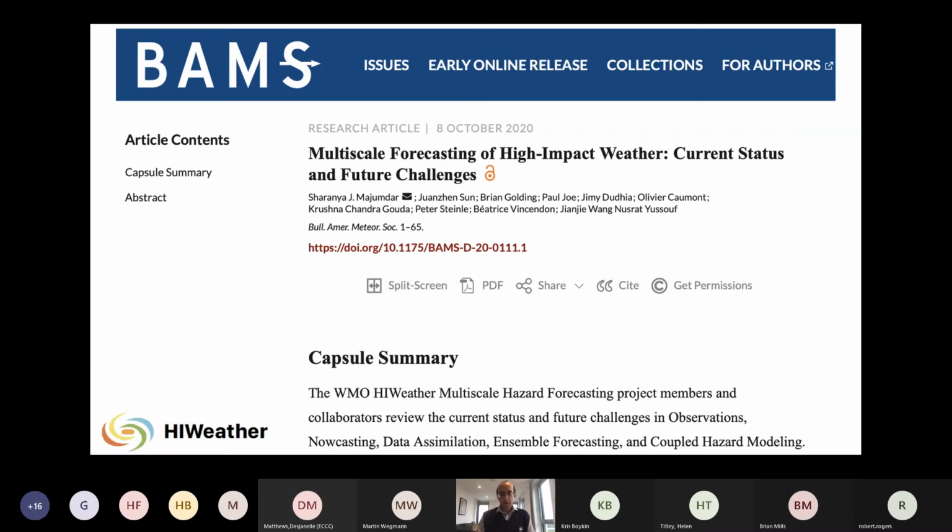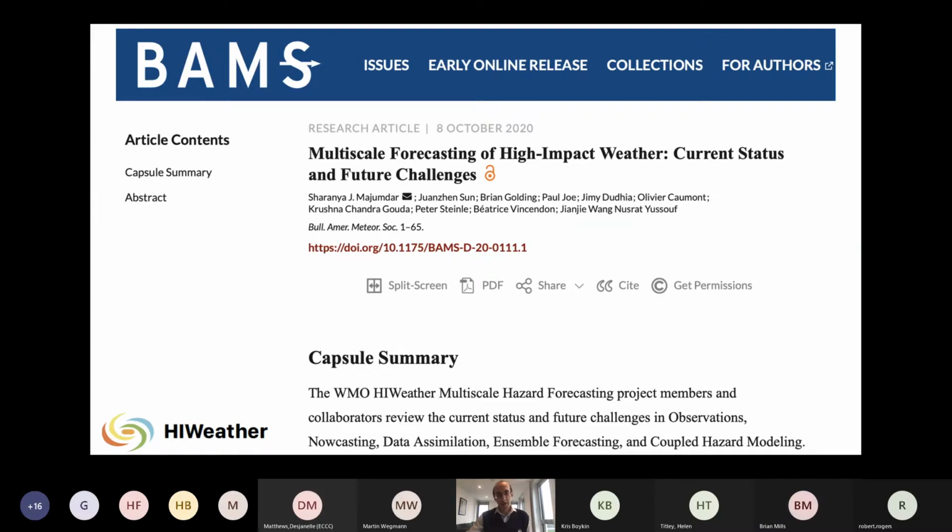So what this talk revolves around, or is drawn from, is a paper that we recently published in the Bulletin of the American Meteorological Society. It's in press. It's a rather large paper. It almost collapsed under its own weight. It's available on the AMS Journals website. And it's co-authored by the entire team on multiscale forecasting, and expertly advised by Brian Golding, and there's very much of Brian's input into many of these slides.